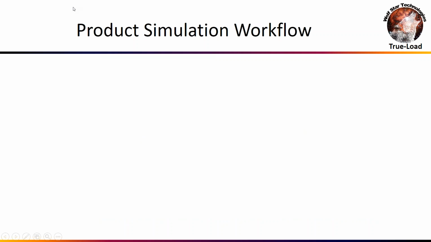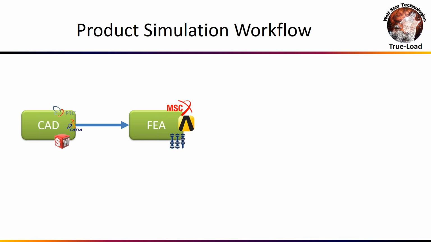So when we think about product development and the product simulation workflow, this is a pretty standard methodology, right? You start with CAD, so you're using any number of the standard CAD packages out there. You have nice 3D solid models. You bring those into your FEA preprocessor, and then you can solve those with Abaqus, Nastran, ANSYS, whatever you want to use. But in order to do those solves, you've got to come up with a load. So typically, you apply some loading on there that's coming from your company or that you've calculated yourself.